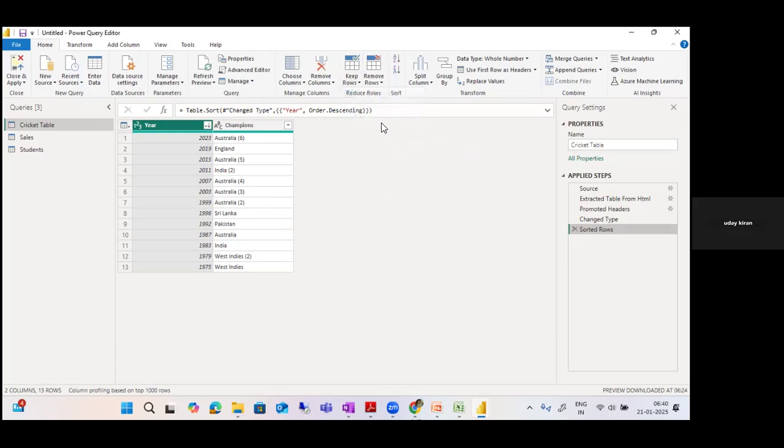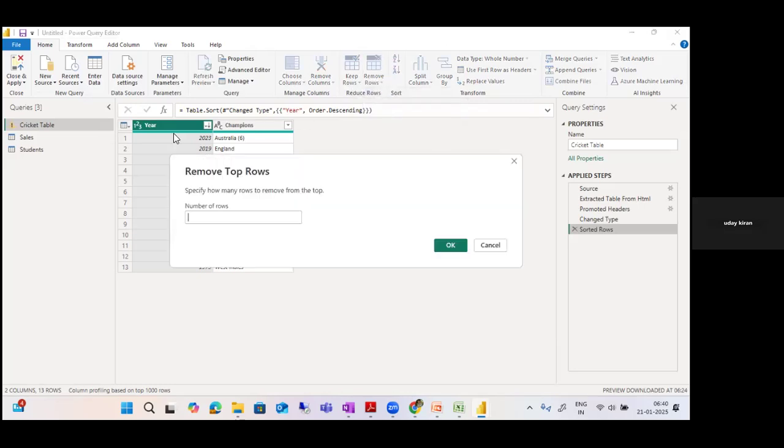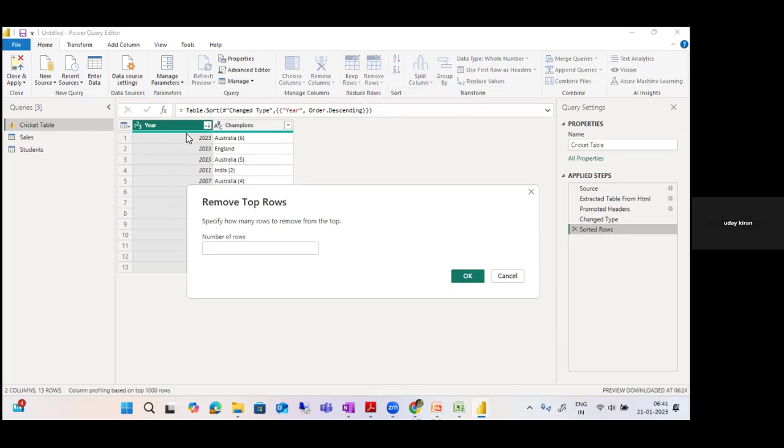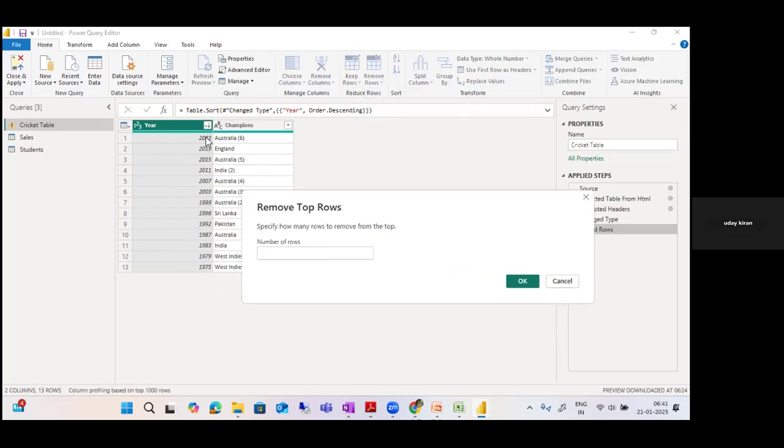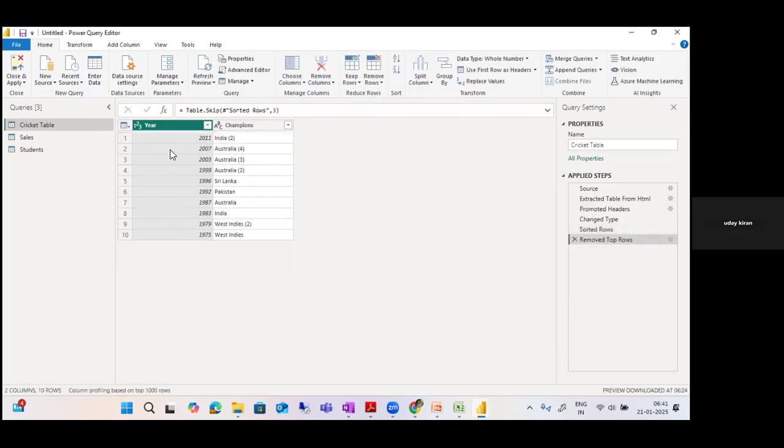The next option is remove rows, just the opposite of keep rows. If you want to remove the top rows, let's say I want to remove the top 3 rows. I don't want the 2023, 19, 2015 data for my further report. I just remove these top 3 rows. That will remove 2023, 19 or something. So right now we have data from 2011